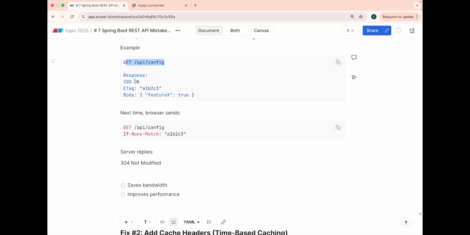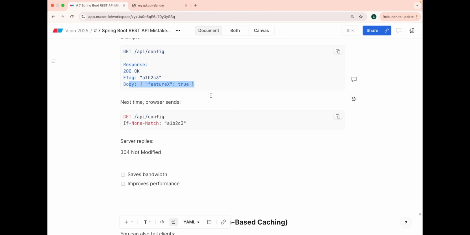The first time you hit this particular GET API, the response says 200. Okay, this is your unique identifier e-tag, that is ABC123, and these are the 100 states for the country that you are asking for. Next time you send this again, saying, hey, please give me the states for this particular country, and If-None-Match, this is the e-tag that you were given before. The server says, okay, in my database these are still the 100 states for the country you are asking for. So 304 Not Modified.